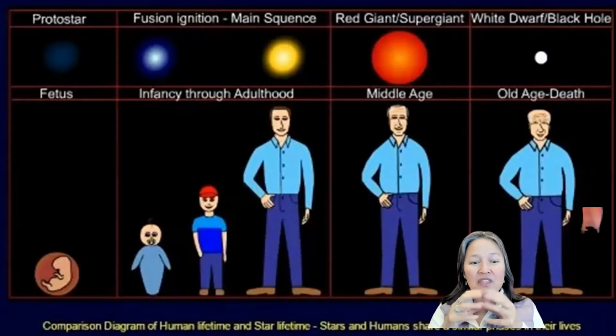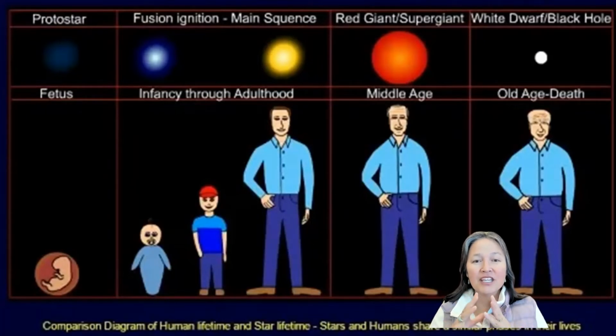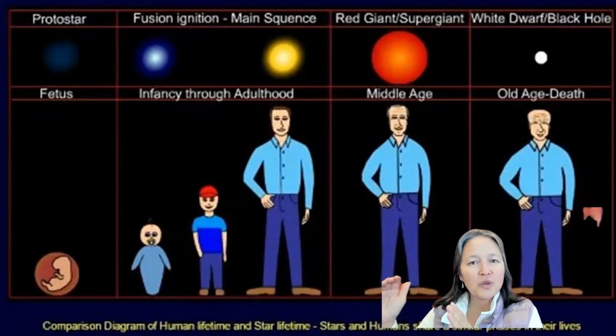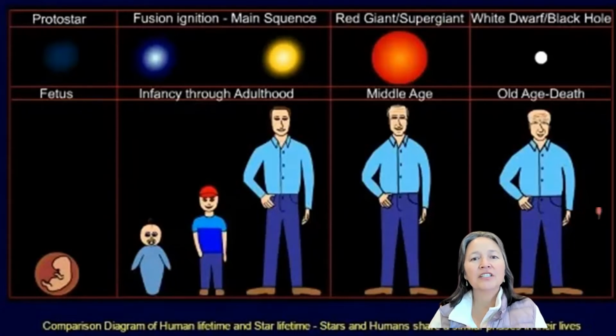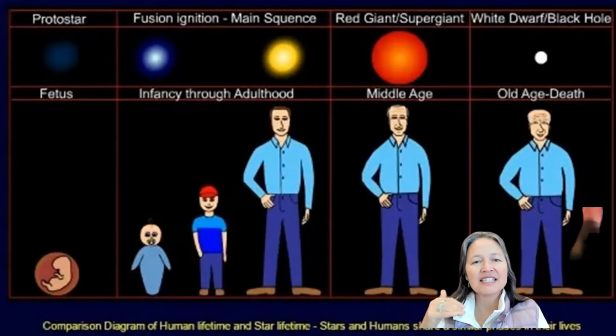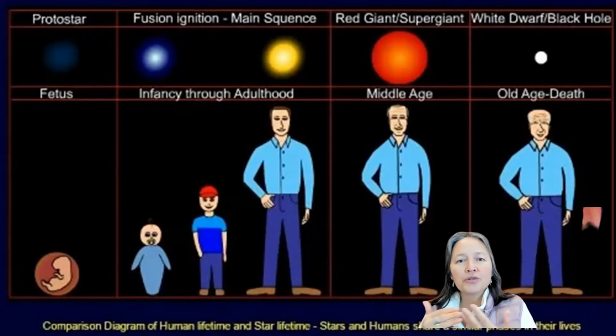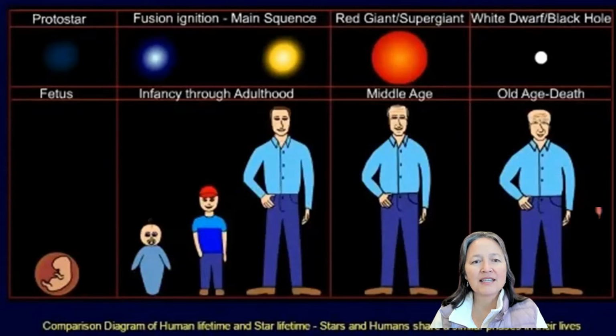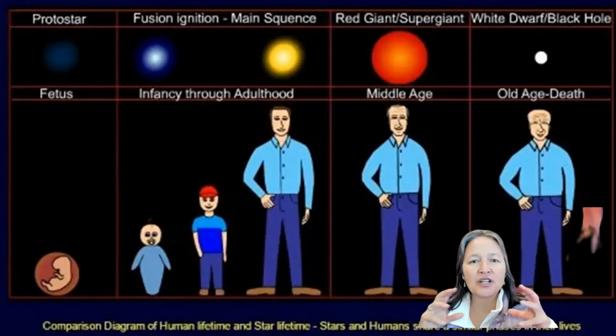So there's something happening within the star, just like a baby. It has this internal clock that knows when it needs to start moving towards certain developmental stages. And if you're a parent, you have probably also tracked what happens when you've got a newborn, 0 to 3 months old, and then 3 months to 6 months to 12 months old. So you have these regular sequences for human gestation. But there's an equivalency, let's say, to the star and how a star moves through its own evolutionary process. It moves from fusion ignition into what's called a main sequence